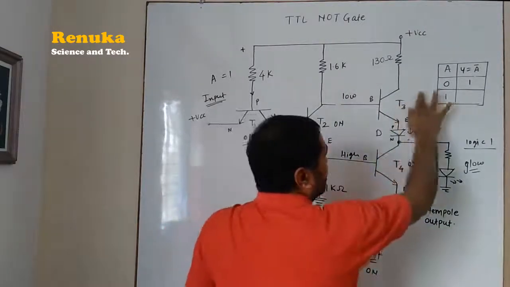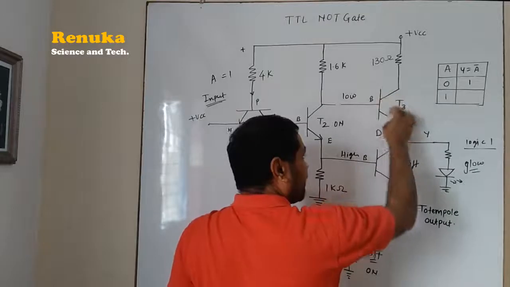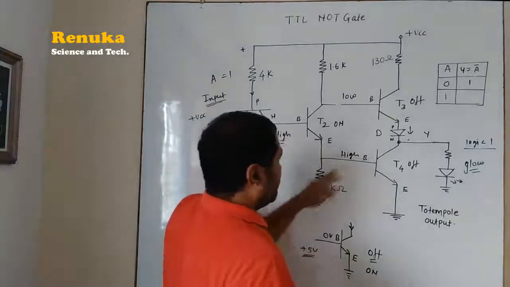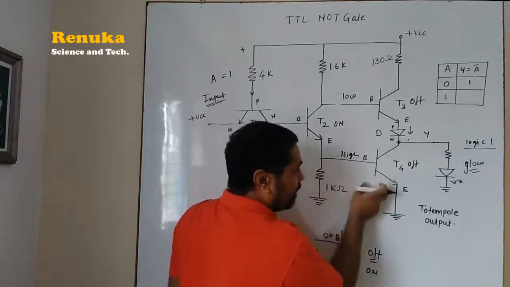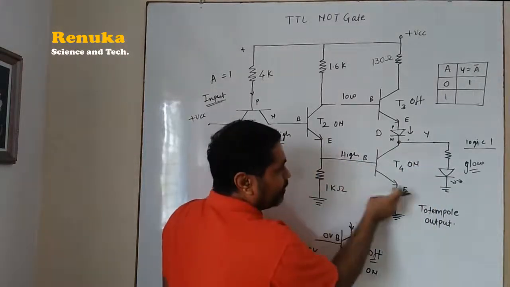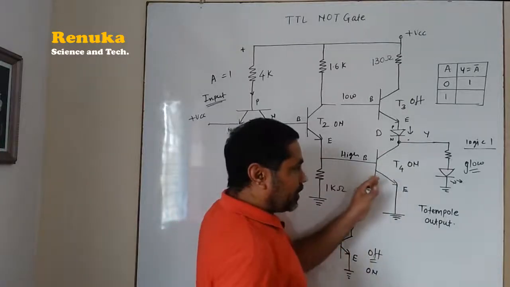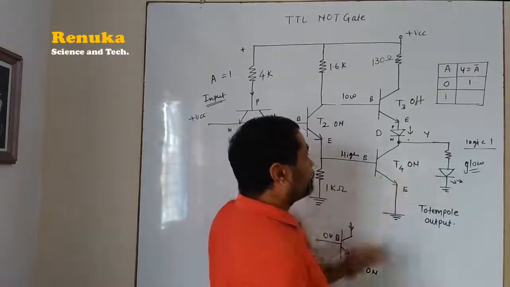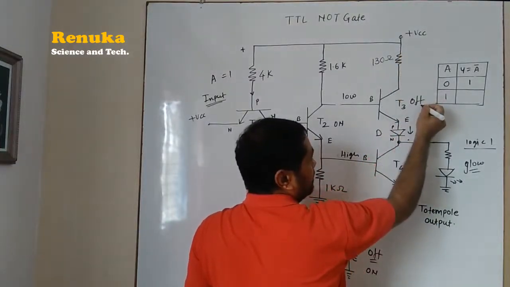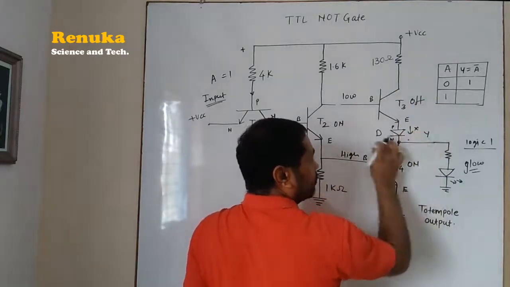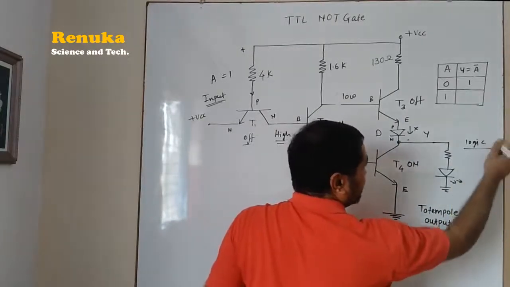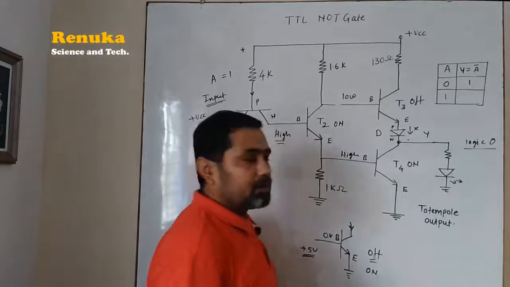So that is why no current will pass through the transistor. So this transistor will not conduct. That is why we can say that this transistor is off. What about T4? T4 is getting high voltage. So that is why it will be on, because base to emitter is getting high voltage. So the diode will be conducting and overall the transistor will be conducting. So we can say that the transistor is on. Now up to this point current is conducting, but this transistor is off, so no current will flow. So no current to the diode, so no current to the LED. So the LED will not glow, and if it does not glow, it indicates that the output is logic 0.